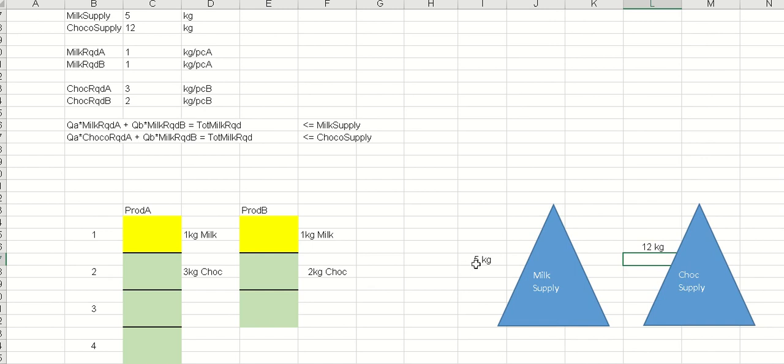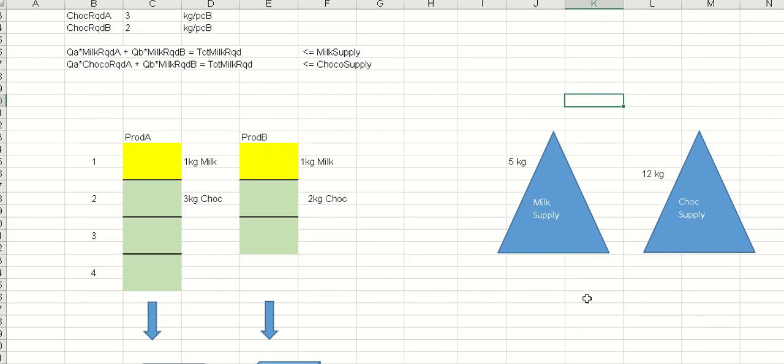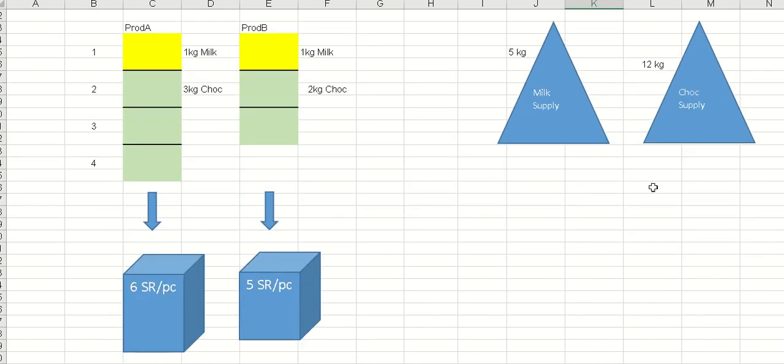Okay, I'd like to note that for milk, it is 5 kg, and for chocolate, it's 12 kg. And therefore, I cannot really produce a gazillion of product A and product B, because